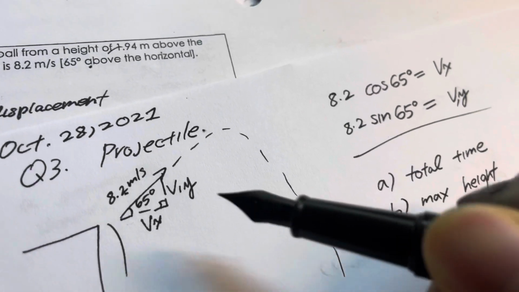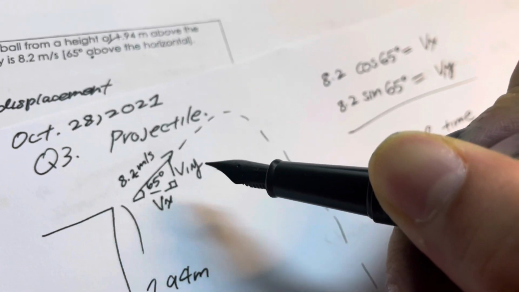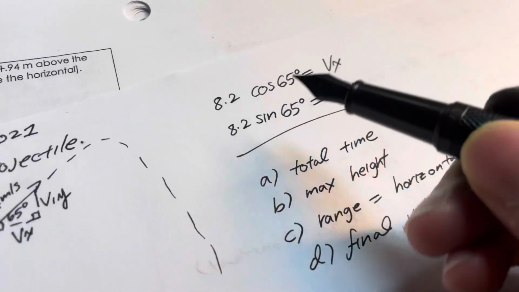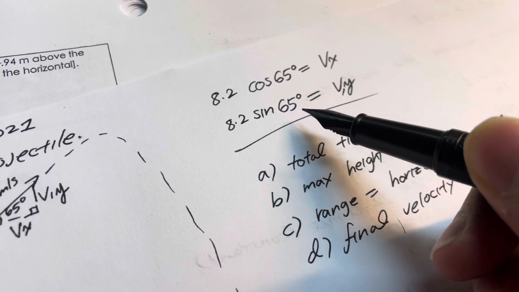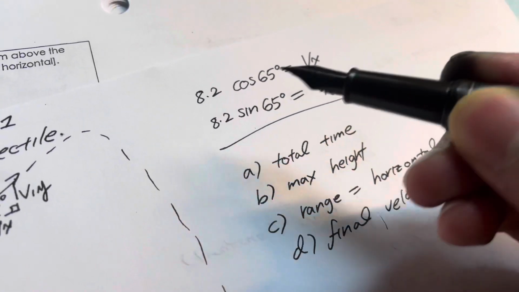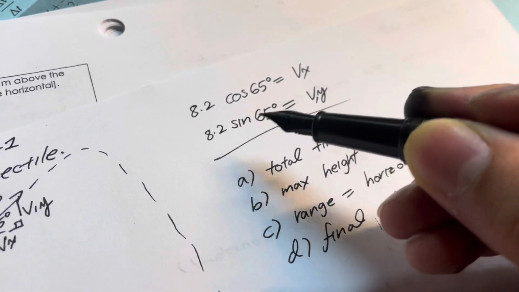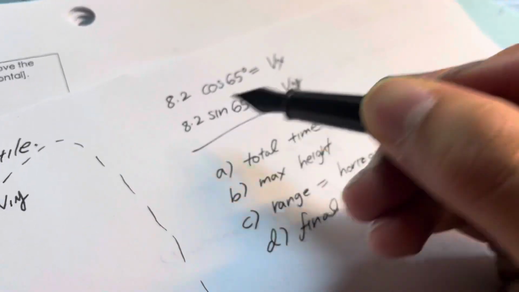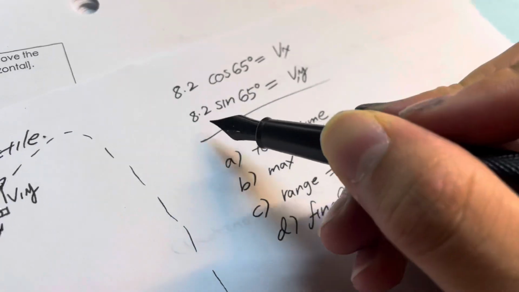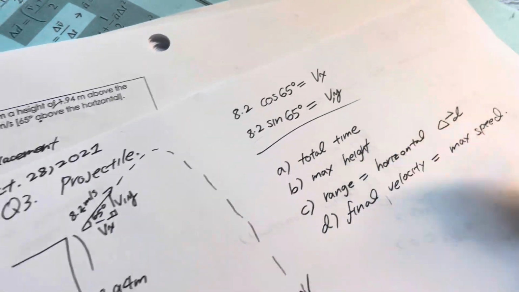And here, if you use sine, sine is basically opposite over hypotenuse. So the same thing here, 8.2 times sine 65 equals V1y, precisely because sine 65 equals V1y over 8.2. So if you multiply 8.2 to both sides, then 8.2 basically cancels out on the right side, and then 8.2 gets added on to the left side. So